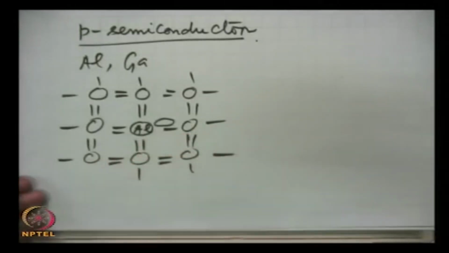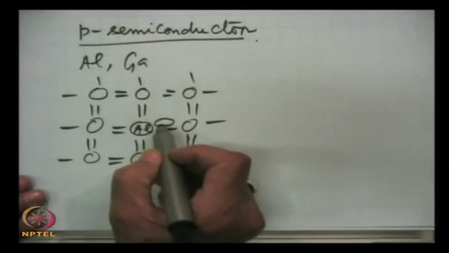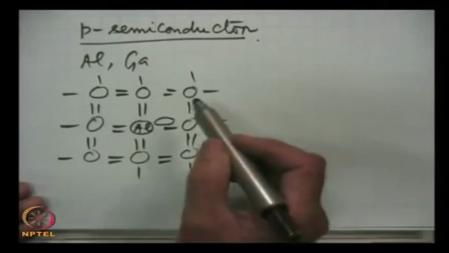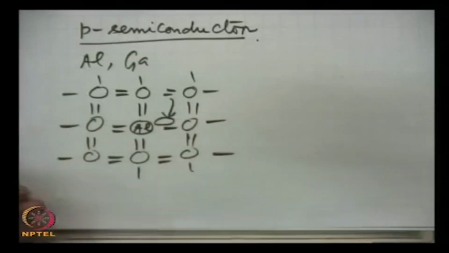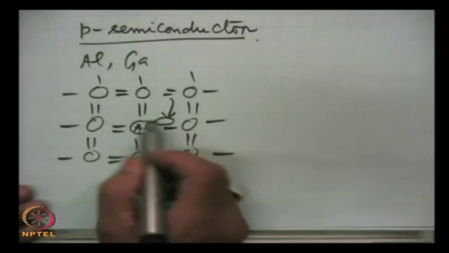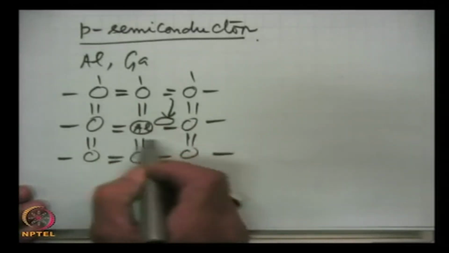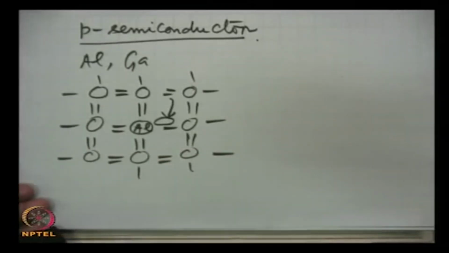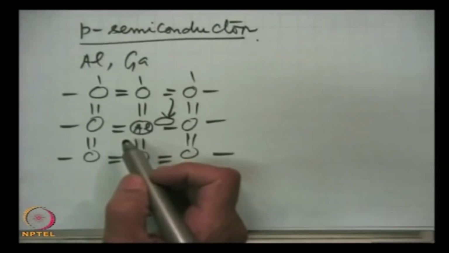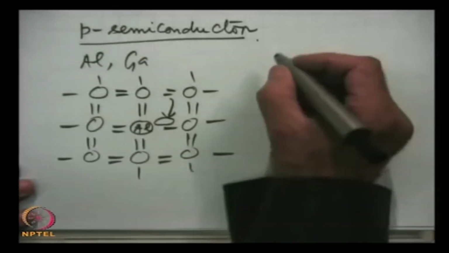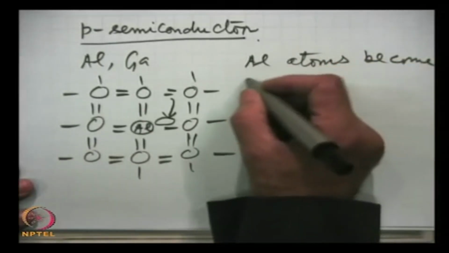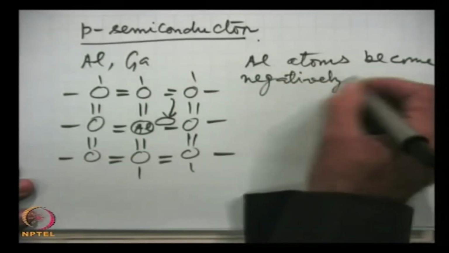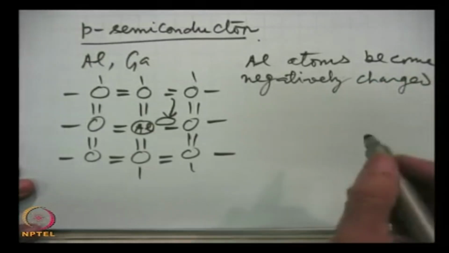position is vacant. This is the energy state which is vacant. There is no charge carrier here. Now, an electron from nearby silicon atom may jump into this vacant state and it will be trapped. It will form a bond with aluminium. Now, here the aluminium, after acquiring an extra electron, becomes negatively charged. Negatively charged ion,